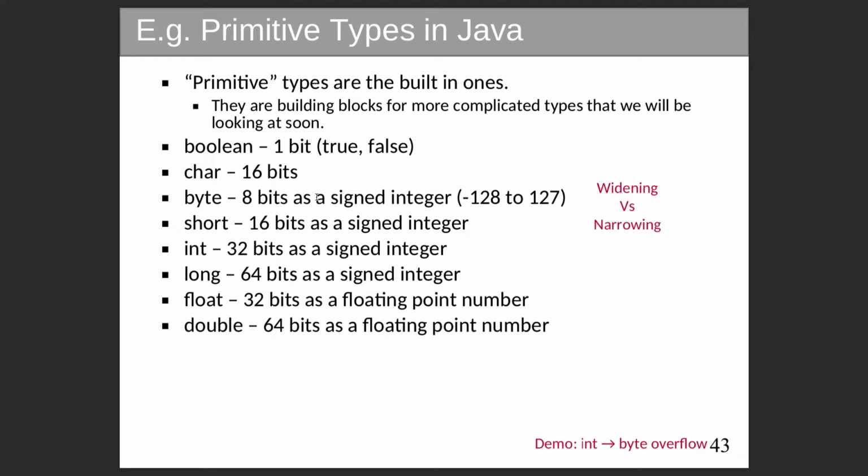Now, Java will automatically convert between different kinds of types for you behind your back in a very helpful way, in a way that's called widening and narrowing. And in general, it will widen stuff for free, but it will have to be told before it narrows anything. So,